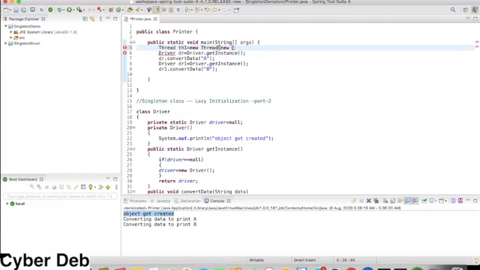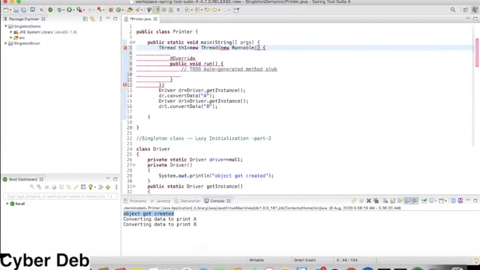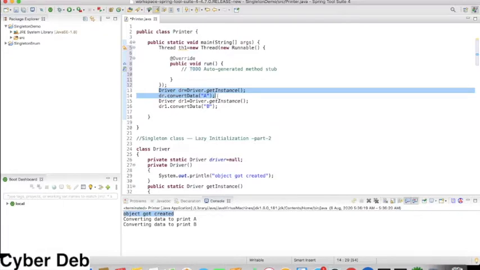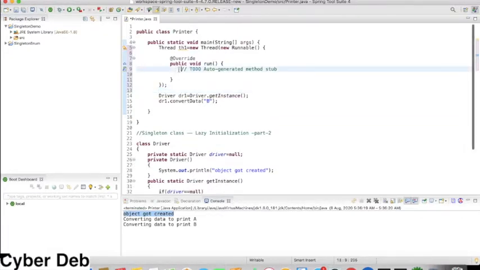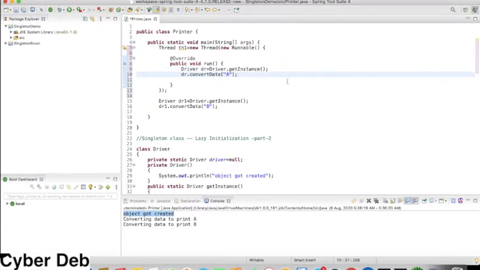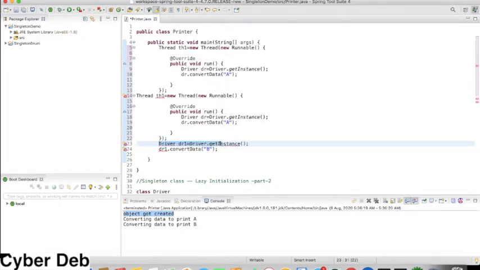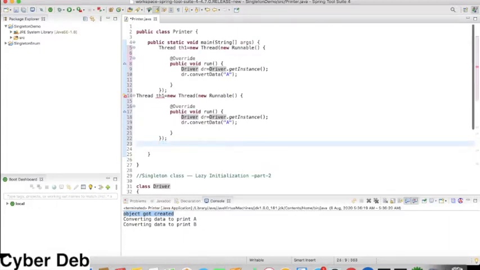In the first part, I create a driver reference named dr in one thread, and in another thread we put the second part, where we use the reference of driver as dr1 and call the method which prints something with b.